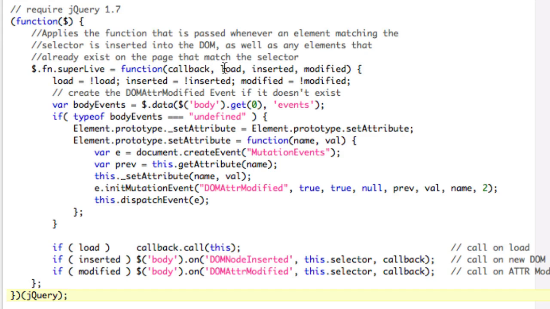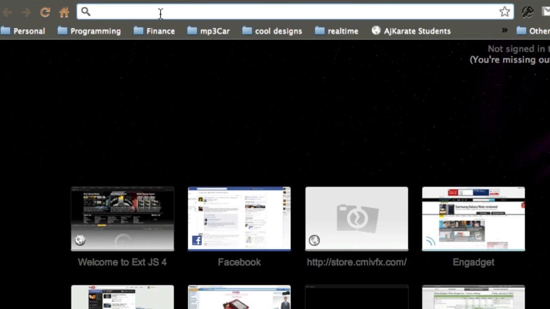It will load the plugin, or it'll load the callback, when the page first loads, when a new element is inserted into the page, and when an element is modified. Okay? So if you have a select box that has a value on it, and you want something to happen when that value changes, you can use SuperLive. And if you have a plugin that needs to use the value of a select box, for example, there's a really cool plugin I like to use called